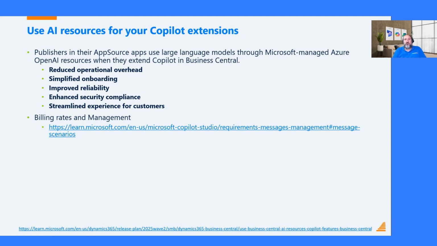But Microsoft has now made their own resources available for us to use. So when we develop a Copilot in Business Central, that Copilot will send the prompt and get the response back from a Microsoft managed large language model. If you now switch to having your Copilot use these Microsoft resources, you'll have reduced operational overhead, simplified onboarding, improved reliability, all the stuff that I've got on the screen over there. But Microsoft has also started charging for some of the AI features. Now, the Copilots in Business Central are still pretty much not being charged for, but the agents